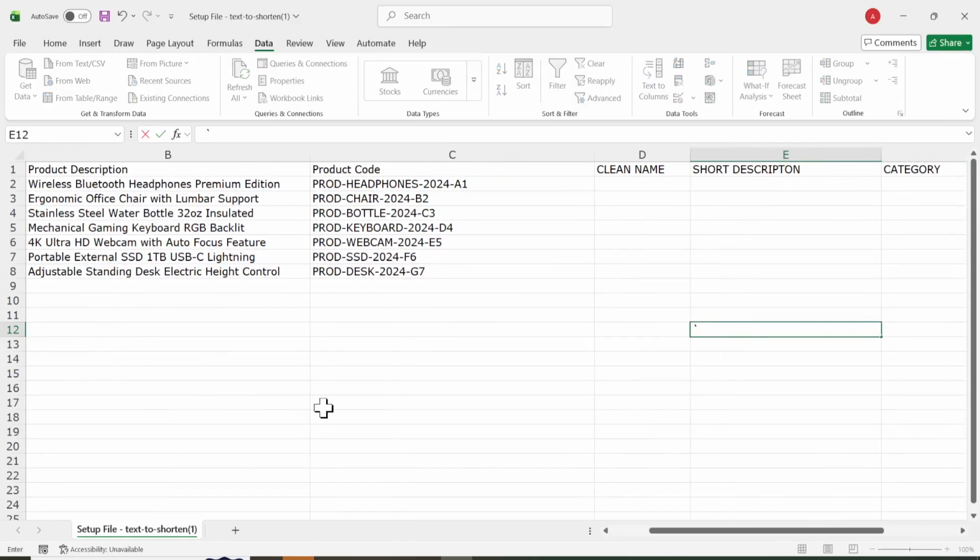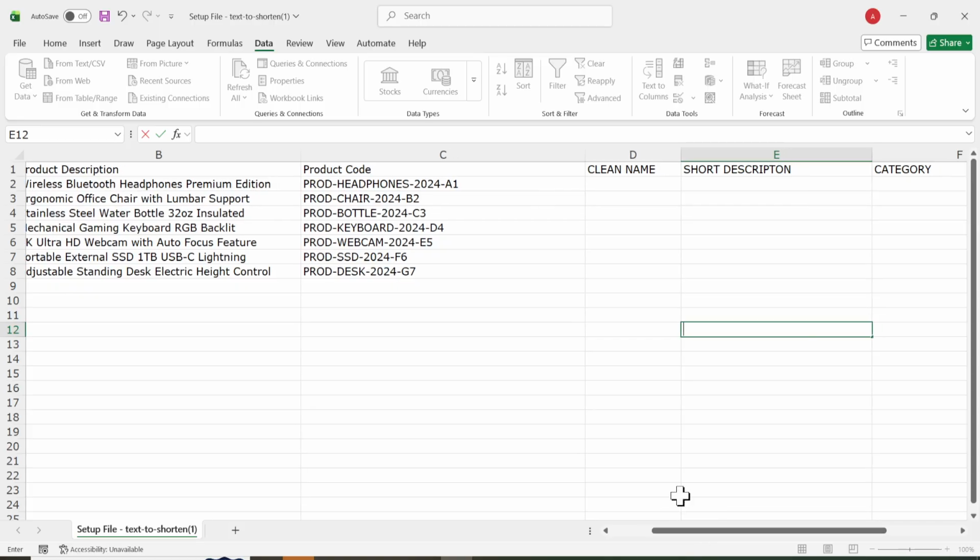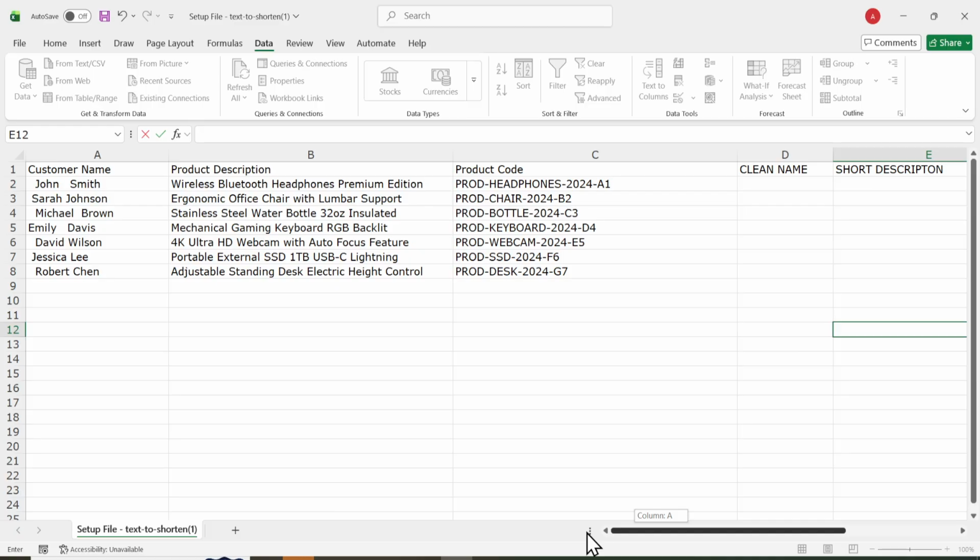In today's video, I'm going to teach you how to reduce and shorten text in Excel cells. Open Excel, then open the workbook where you want to shorten the text. Once the sheet is visible, look at the first few columns so it is clear what needs to be cleaned